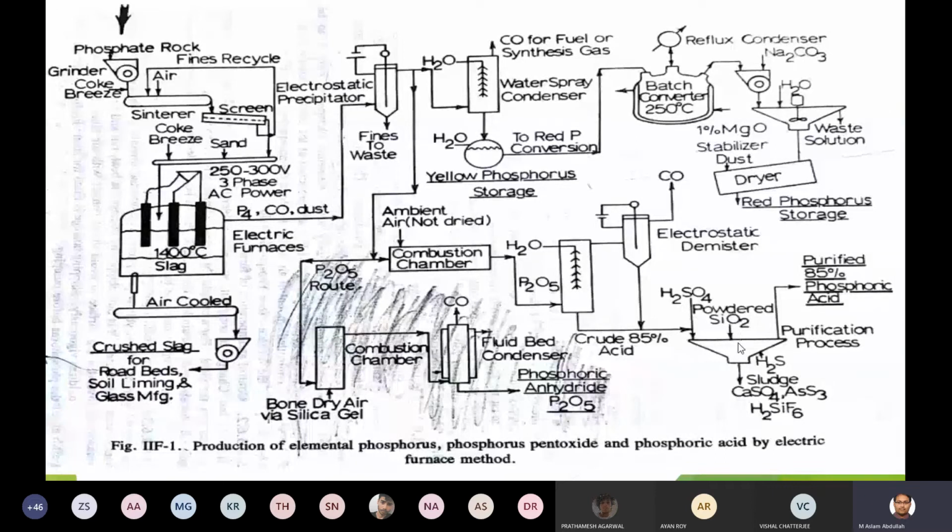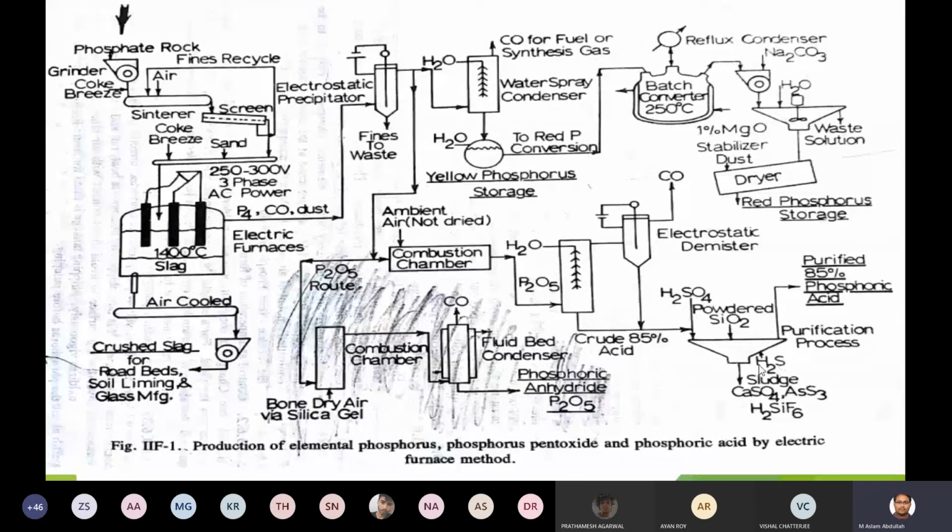During the course of conversion of the impure phosphoric acid to a purified phosphoric acid, you can recover H2S, and you can recover some sludge. H2S, you can see, is pumped in. The reason is, if I don't have enough sulfuric acid, I can use H2S as an optional. It is not pumped in all the time. It can be used only as an optional if I don't have any sulfuric acid at all. In the region where you don't have enough stock of sulfuric acid, you can add H2S.